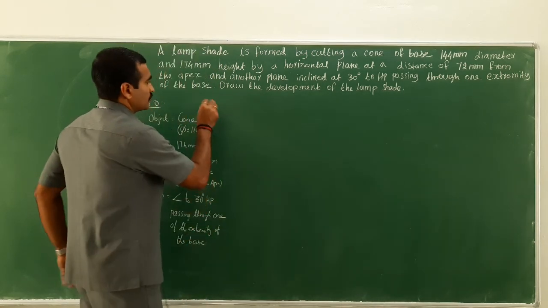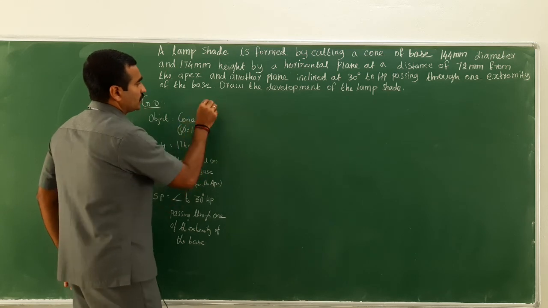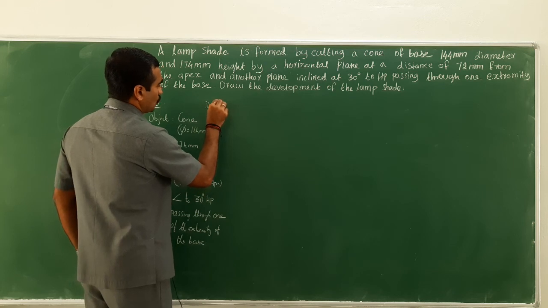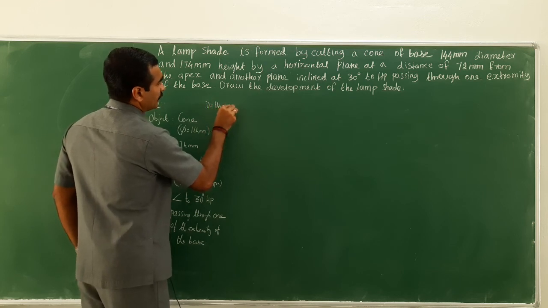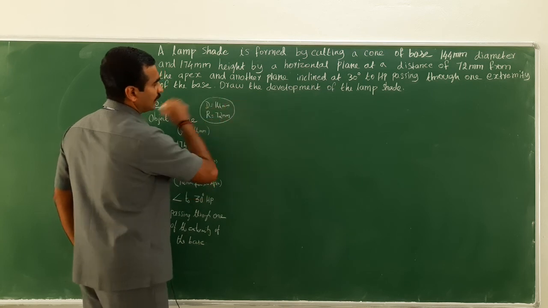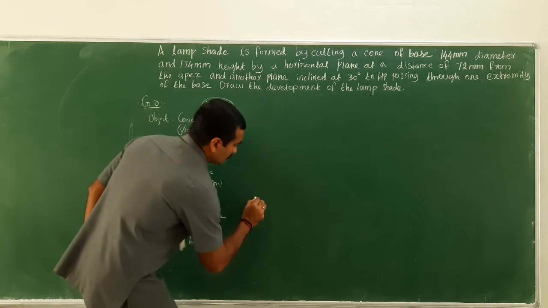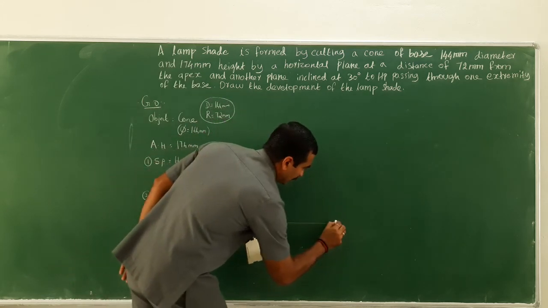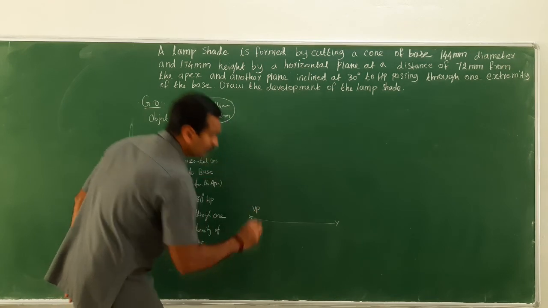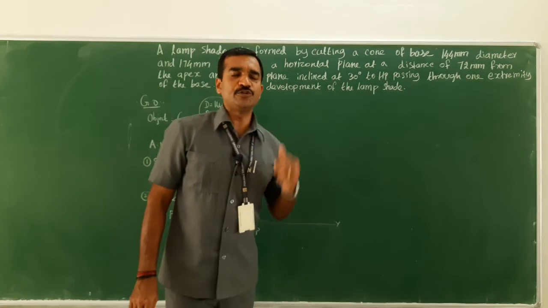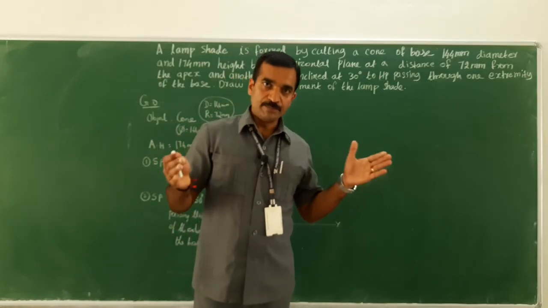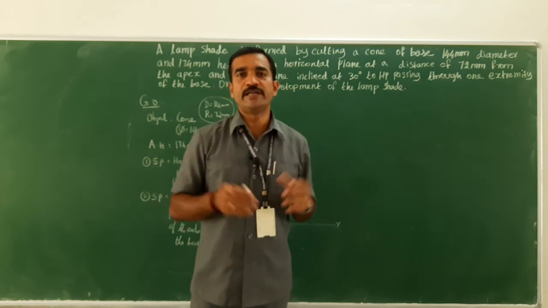So before that, just find the radius. d is equal to 144. Therefore, r is equal to d by 2, which is 72 mm. Right? Let me just draw the xy line. Above xy is VP, below is HP. So here the radius is 72 mm, which would be very big. When you just draw the full circle, it would be very big.